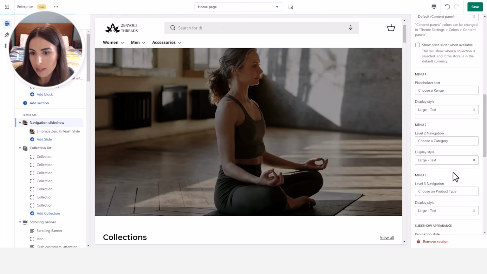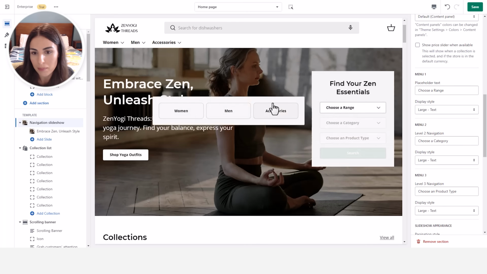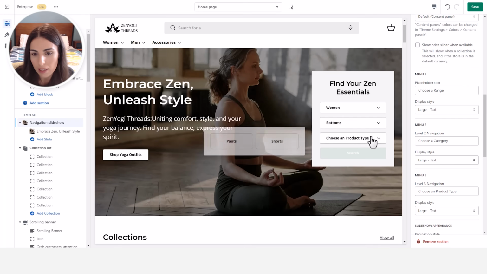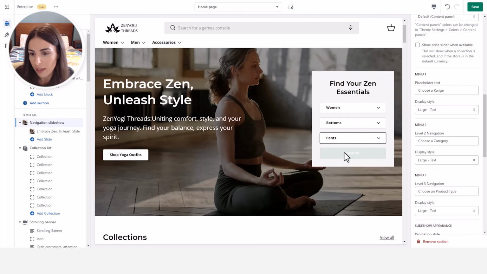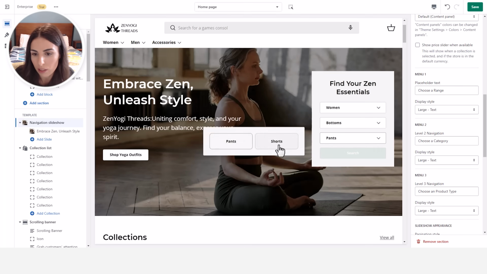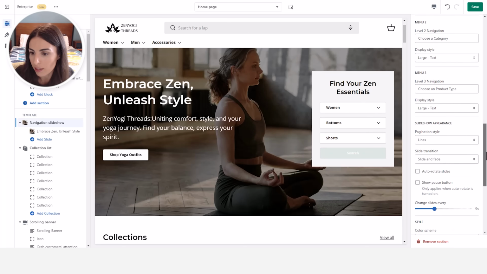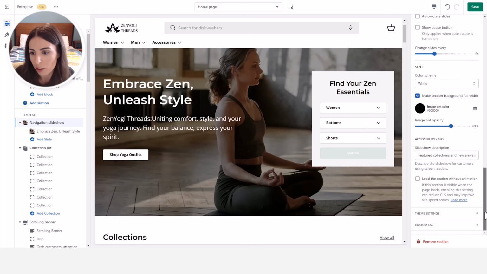Okay, and as you can see now, when I click, they can see my main menus. When, let's say, they choose women, they can create buttons. Let's say they choose pants. Now they can search and they will find what they are looking for. Okay, it's not working because, as I said before, I don't have everything set up. So for your store, when you have everything set up, everything will be working smoothly. Okay, in here you can also change some more settings related to the slideshow itself if you want, and so on. I guess this is a very, very nice feature for a store with a very large catalog,